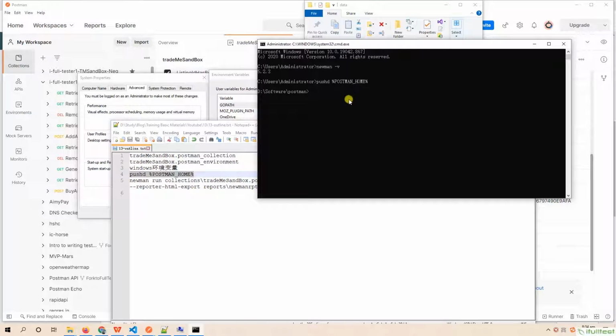Second, run a Newman command to generate the HTML report. Meanwhile, export all the console log to a text file as a client report.